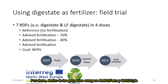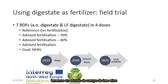For the moment, within the European projects Renew to Farm and Nutri to Cycle, we have a 3-year field trial in which we test 7 of these recycling-derived fertilizers in 4 different concentrations. And the goal of this field trial is to derive the nitrogen fertilizer replacement value of each of these alternative fertilizers. In 2019, we used maize as crop in this field trial, in 2020 spinach followed by maize, and in